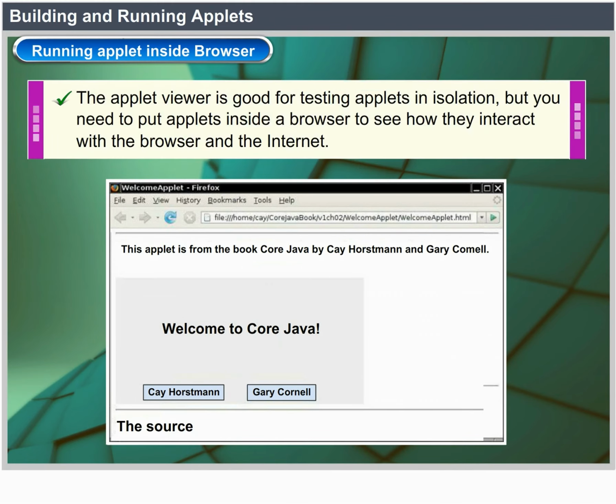The applet viewer is good for testing applets in isolation, but you need to put applets inside a browser to see how they interact with the browser and the